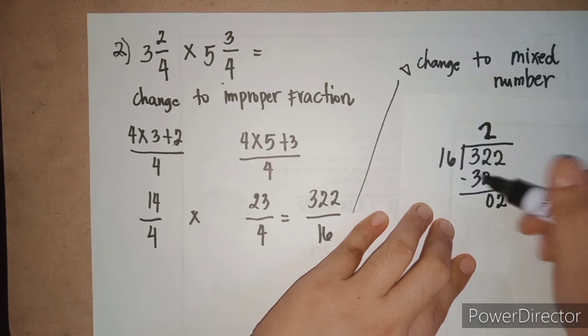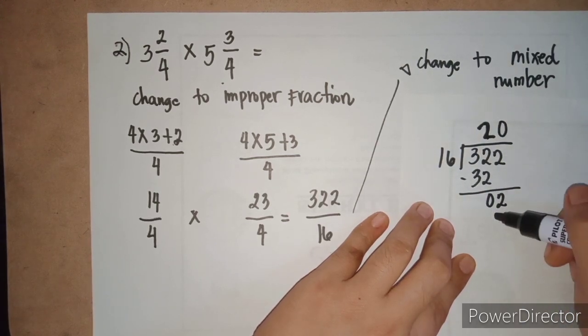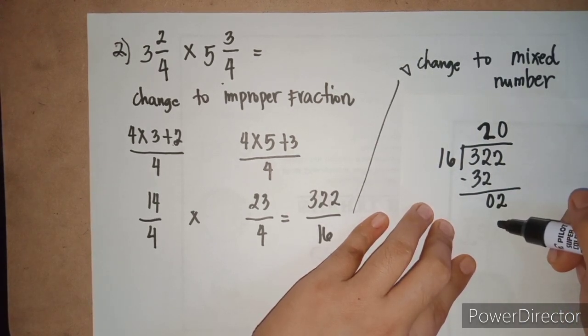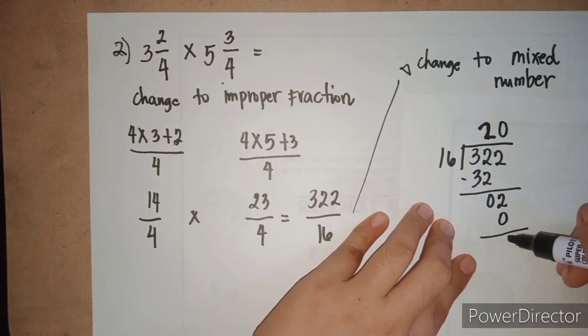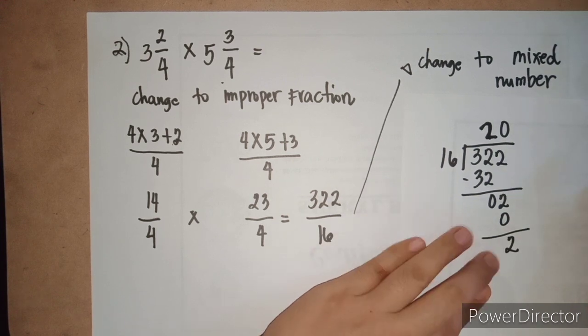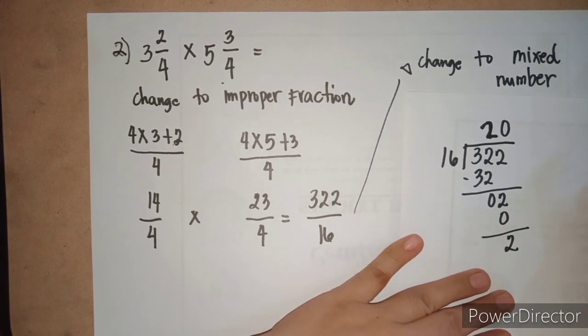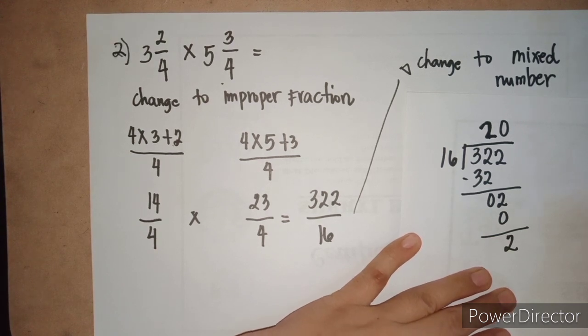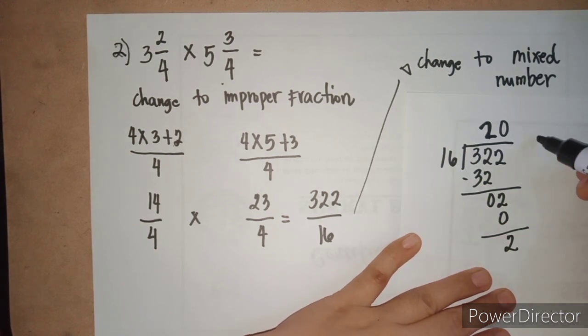Okay, and then bring down 2. 0 times 16 equals 0. So we have 2 minus 0. The answer is 2. Okay, so our quotient now here is 20. Therefore, our final answer is,